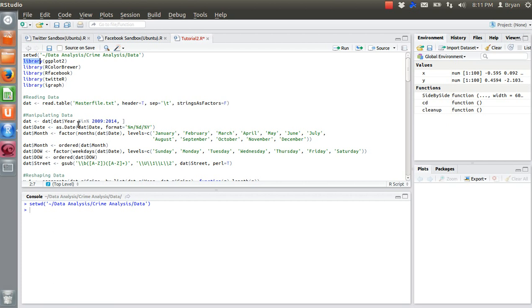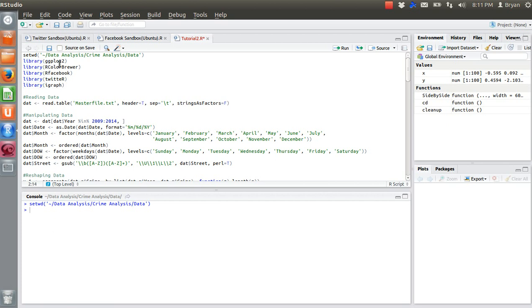R is built by statisticians for statisticians, so it's constantly being built upon. Whenever somebody develops something new, they'll generate a package if there's a lot of functions that they want to include. You install those, and then every time you want to use one,